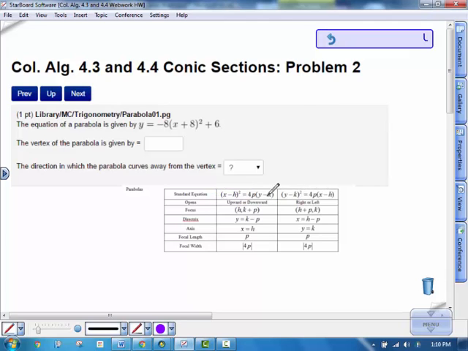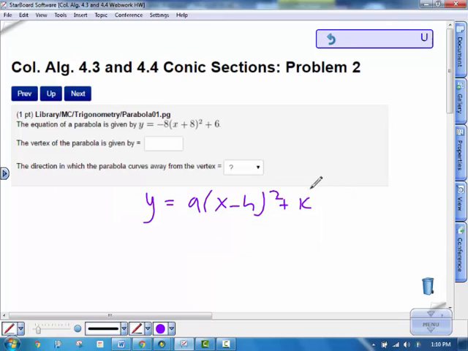So you would use this column right here, and you would find that you know the vertex. If you basically solve this one to get it in this form, once you have p, you can then use that right here in the equation for... I'm sorry, you'd actually just, once it's in this form, you get the vertex right away, h and k. And then from there, you can figure out the rest of it. But it's easier to do it the way we used to do it, which is that when it's in vertex form, we know that